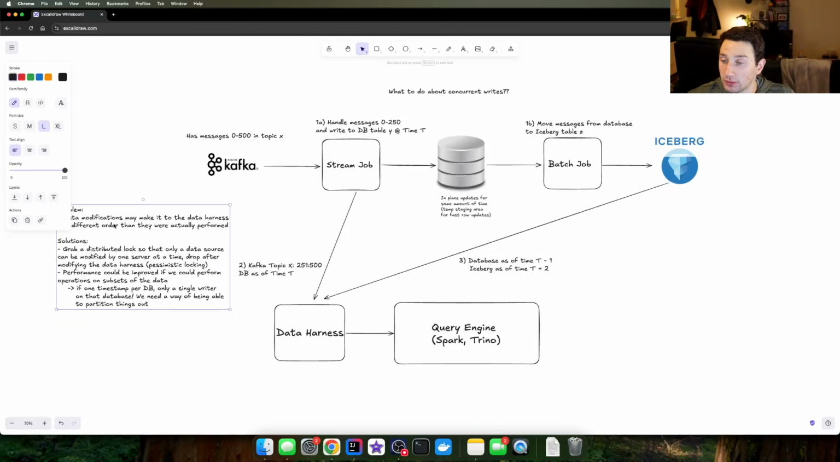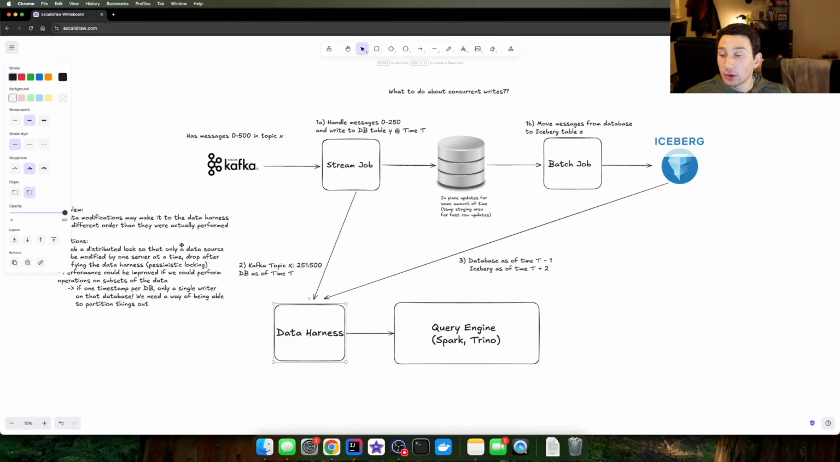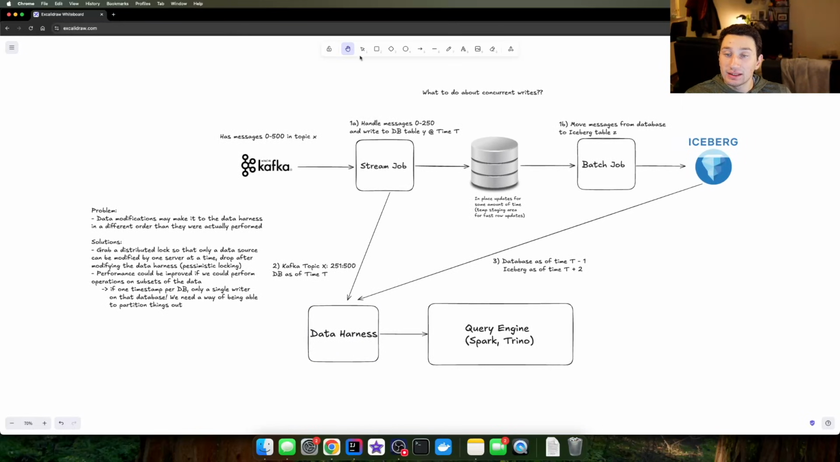To summarize the problem quickly, there are data modifications to some of our underlying systems, and those modifications may make it to our data harness in a different order than the one in which they're actually performed. If that's the case, then we're going to start having problems when reading our data, and we're going to get inconsistent reads. So the main solution that I can think of, at least so far, is locking pretty pessimistically, which is unfortunate,